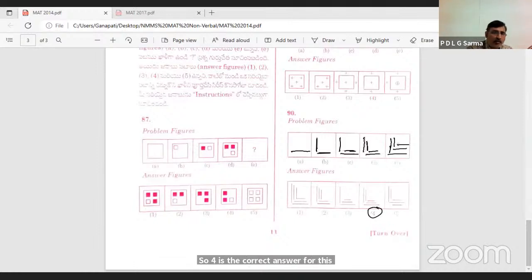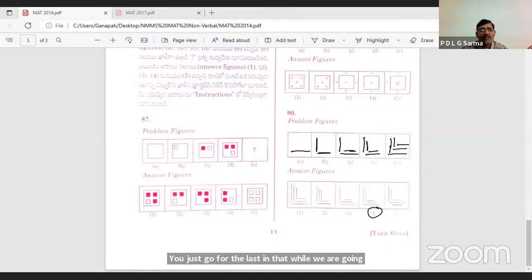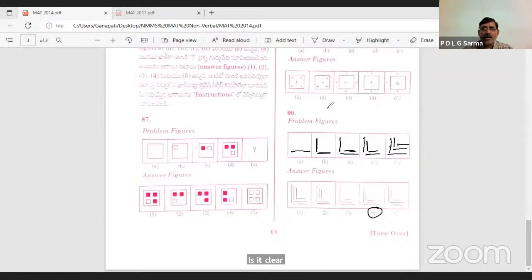You just go for the logic in that, why you are going, because the same problems they may not give, but whatever the logic we are discussing, the logic is helpful for you to analyze the problems when they are given for you. Okay, is it clear? Okay, now